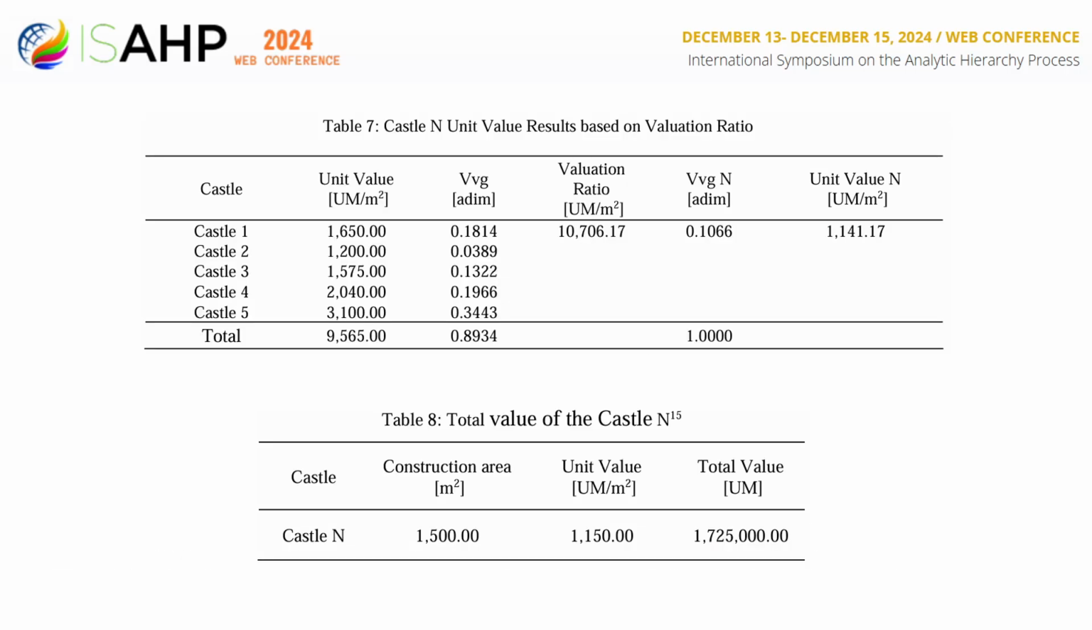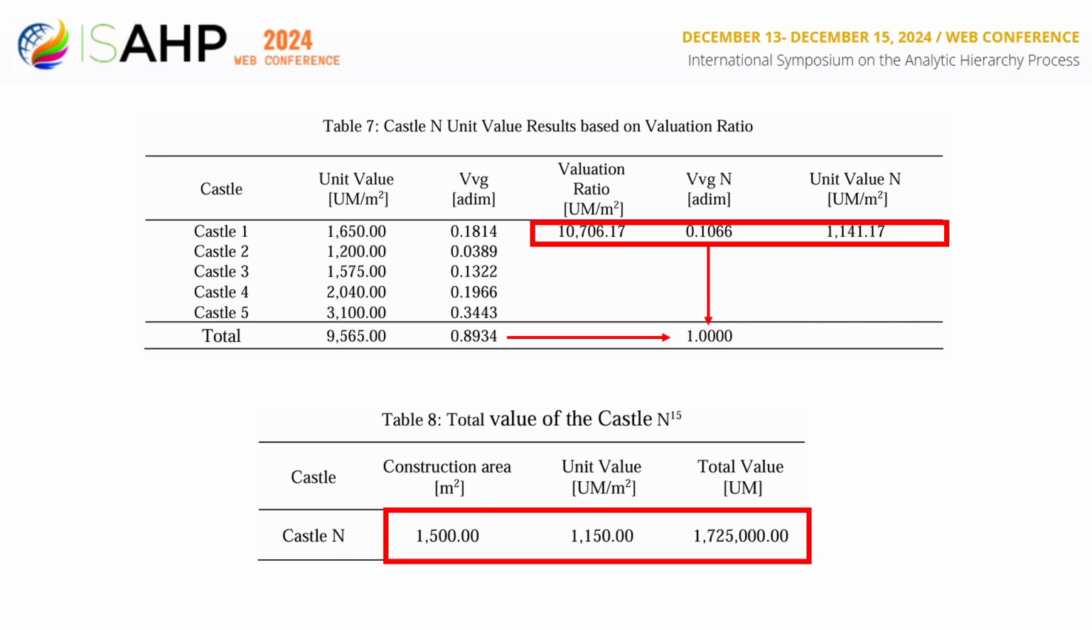In this table are the results for determining the unit value of Castle N based on the valuation ratio. It is important that the sum of the weights of the comparable properties plus the subject property is equal to 1. In this other table is the information on the total value of Castle N resulting from multiplying the building area by the unit value, rounded up to a total of 1,725,000 monetary units. The appraiser exclaimed,